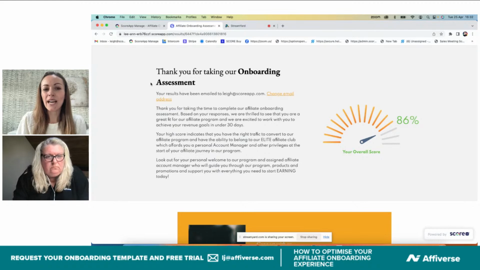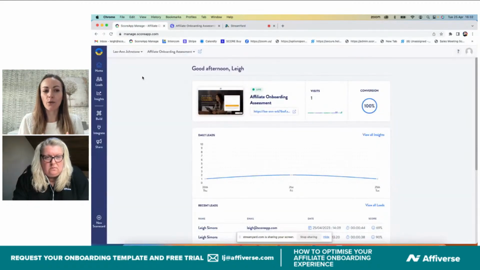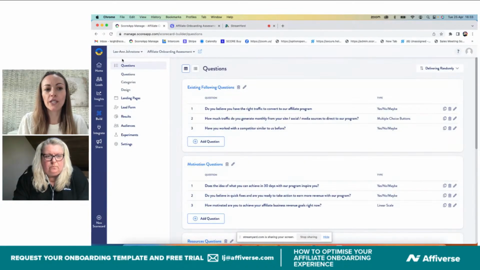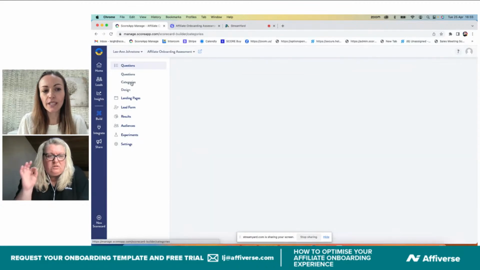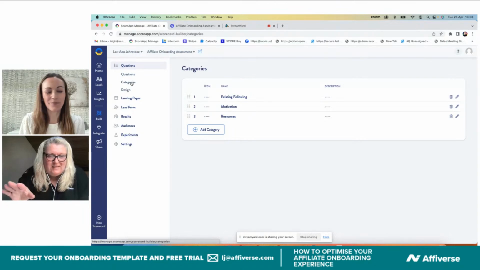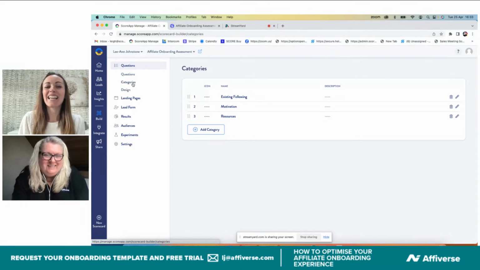Yeah. So now I'm going to jump into the platform. So this is the back end of the platform where you can come in and personalize your scorecard. So I'm going to focus on the build icon on the blue left-hand toolbar, which opens up the list of elements that we can work through. And the beauty of this is, and I am tech averse in most instances, you do not need to know code, and it's idiot proof. Yeah, it's really user friendly, and we've got a fantastic support team as well,